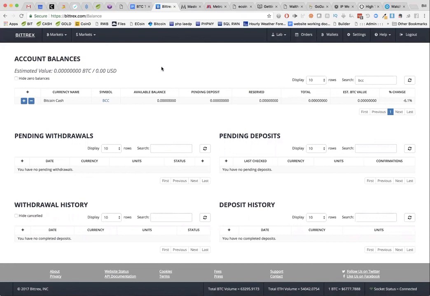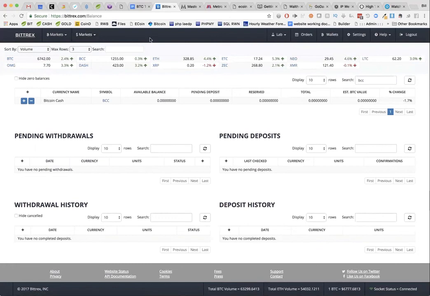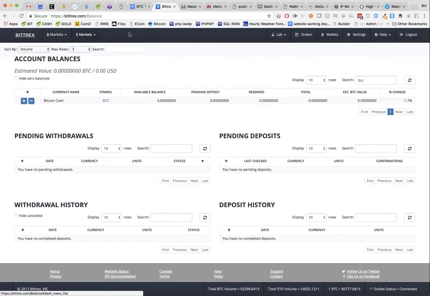Bittrex seems to have a very nice platform. It's very easy to understand. It has tons of different markets and tons of different wallets that you can choose from. It's probably got more wallets than just about anyone that I've personally tested. So it looks like it might be the one that I recommend for doing your trades. If that's the case, I'll go ahead and show you guys how I use it and show you the simple ways to put money in and out.